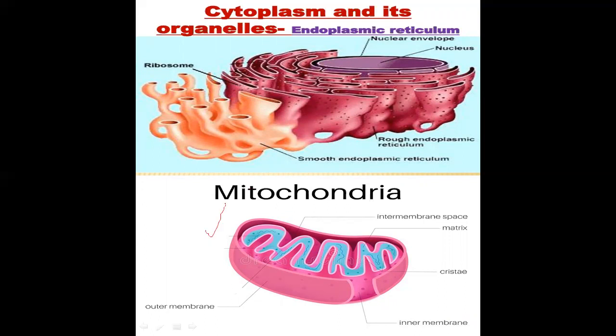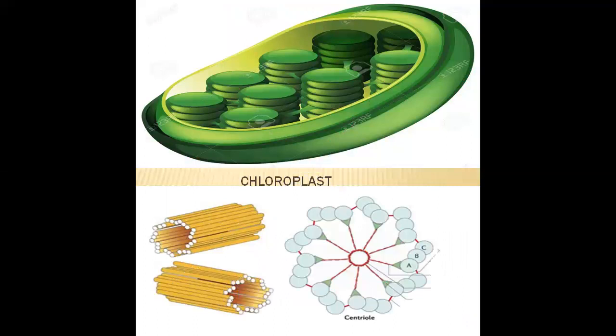Next one is mitochondria. When you see mitochondria, you see it is an oval disc-like structure, and it gives us energy, and it is present in plant and animal cells as well. Next we'll see chloroplast. Chloro means green. So look, this is the structure which has the green pigment, chlorophyll. Due to that chlorophyll, the plants are green. There are many in number in one plant cell.